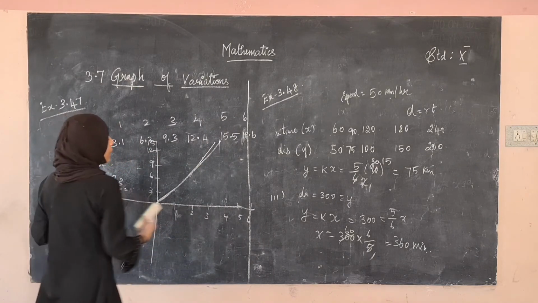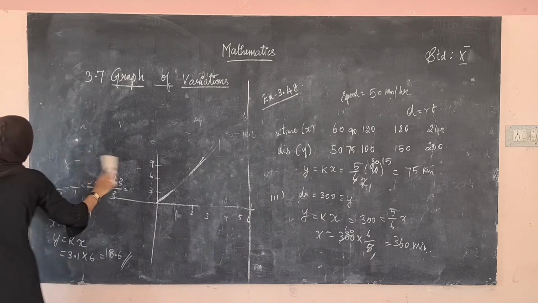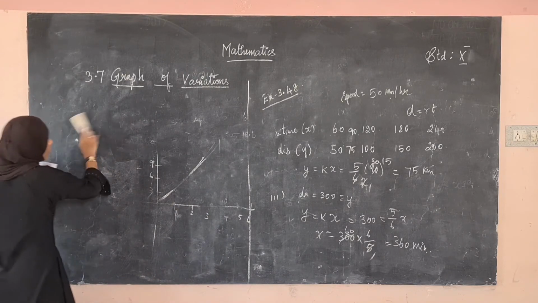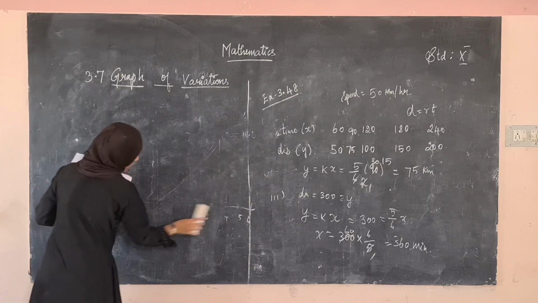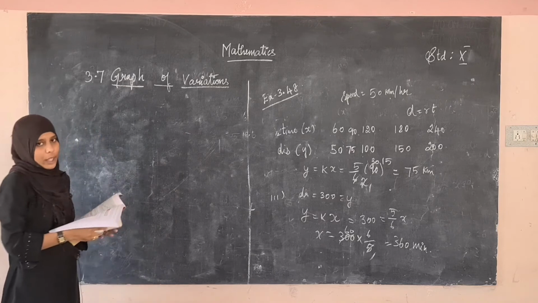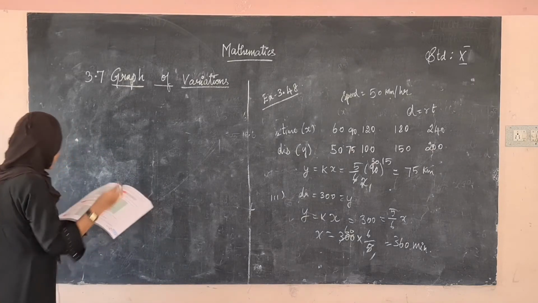Now, we are going to see the next type of variation. What is the next type of variation? It's the indirect variation. Till now, we have seen the direct variation. Now, we are going to see the indirect variation. So, indirect variation is the direct opposite of the direct variation. Okay. See here, they have given a thing,